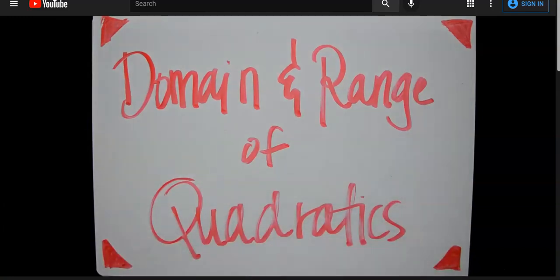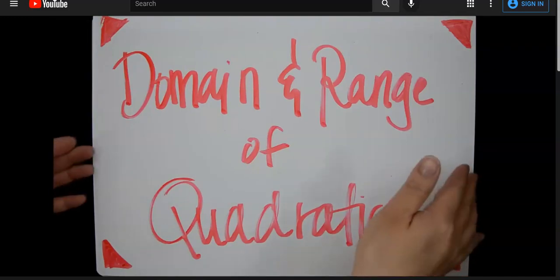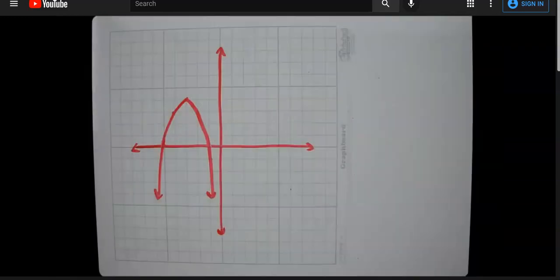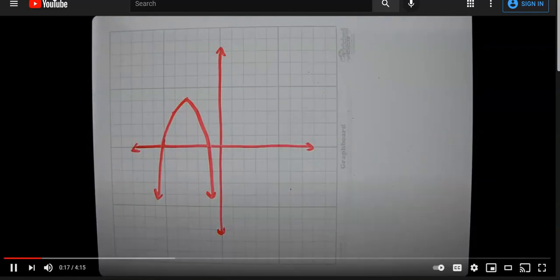Welcome to Friendly Math 101. Today our lesson is on finding domain and range of quadratic functions. Let's take a look at our first example. Just to review, our domain represents all x values of our function, and the range will represent all the y